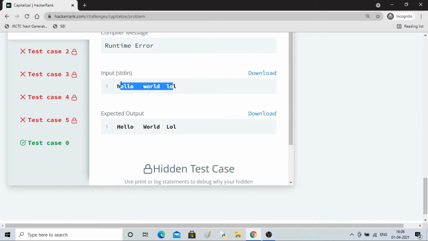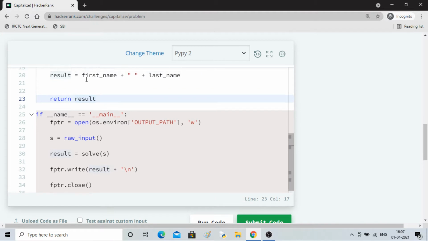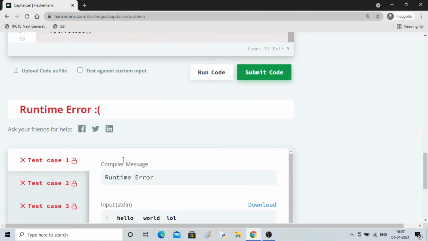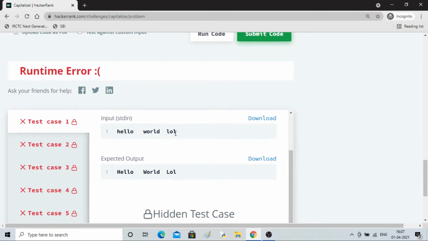So we can see that you can also have a middle name, right? This can be treated as middle name, this can be treated as first name, this can be treated as last name. What we have done is, we thought there will be only first name and last name, and this code will work. But you can also have first name, last name, middle name.